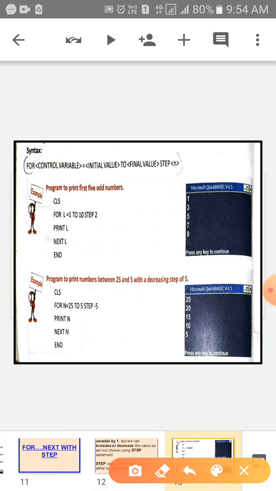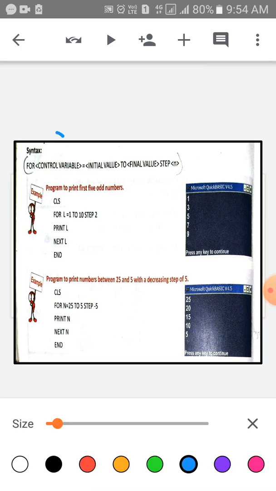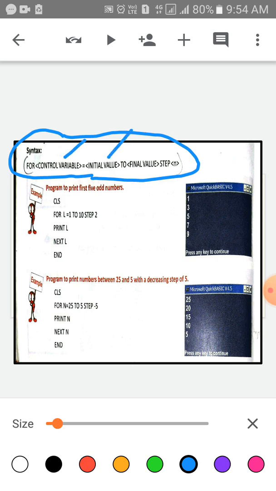Look at the screen children, this is the syntax of the for next loop. FOR control variable equals initial value TO final value STEP, and write down the step. See the example program to print the first odd numbers.